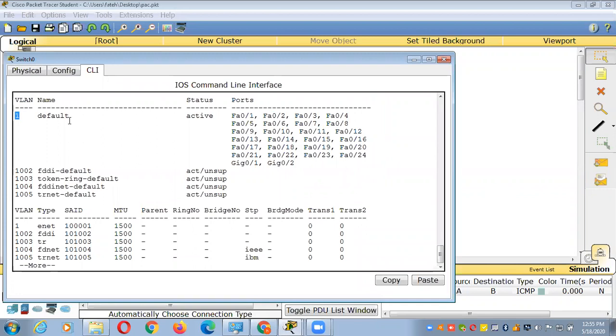All the switch ports will be in VLAN 1. If all the interfaces are in a single VLAN, what will happen here? If your switch receives an ARP request, it will send that ARP request to all the interfaces, because all the interfaces are in VLAN 1. Hope you understand.